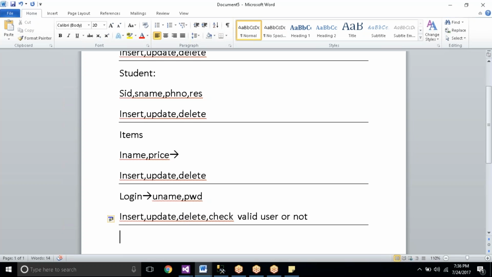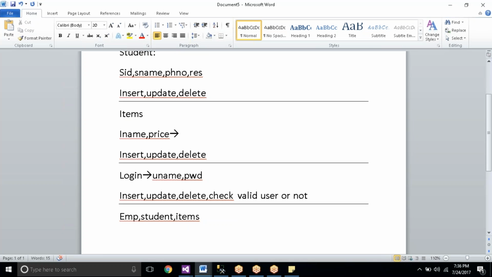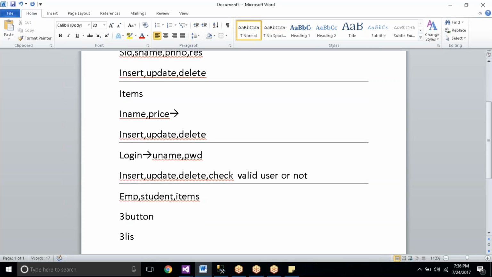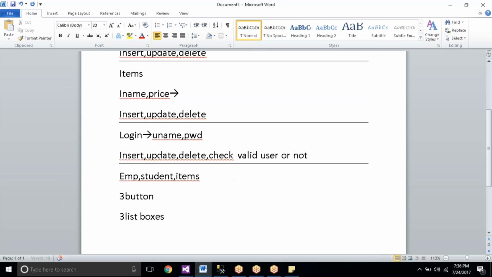Now finally, for employee, student and items, you need to take one form. In that form, three buttons and three list boxes. The first button will retrieve only employee IDs with the help of a select query, with a data reader.